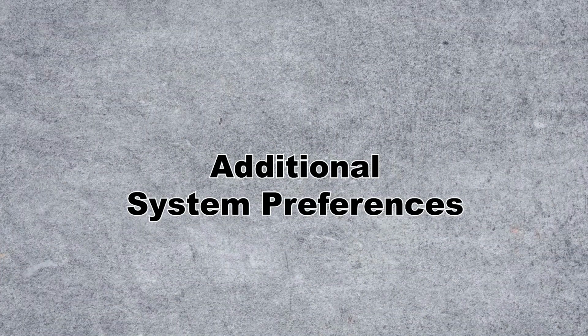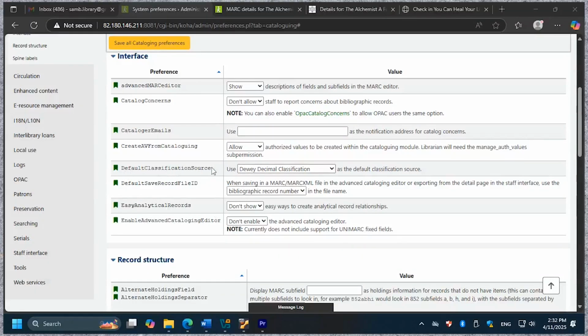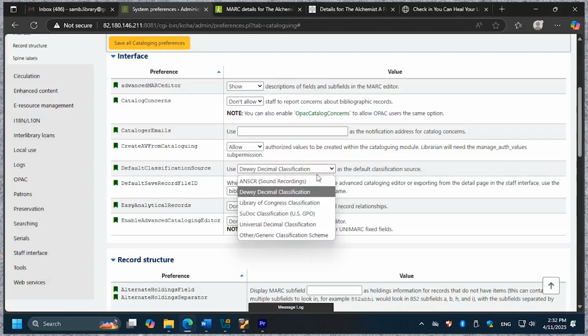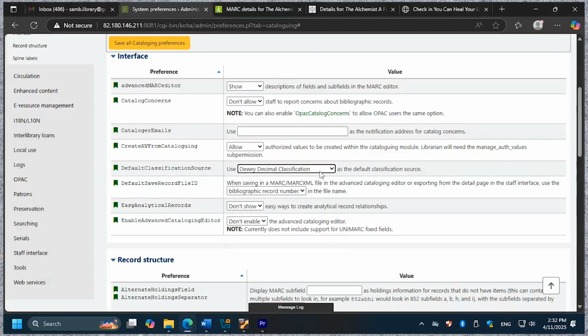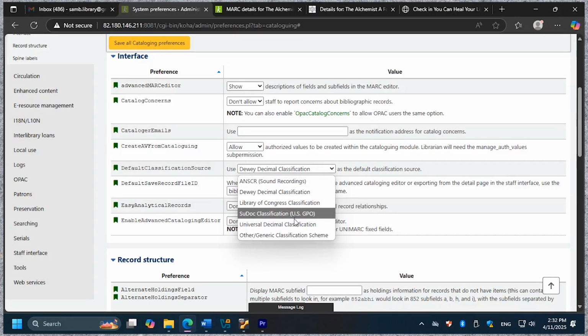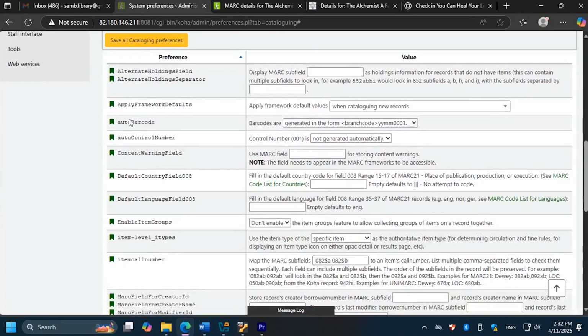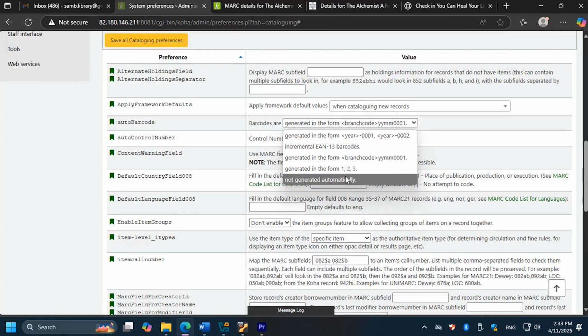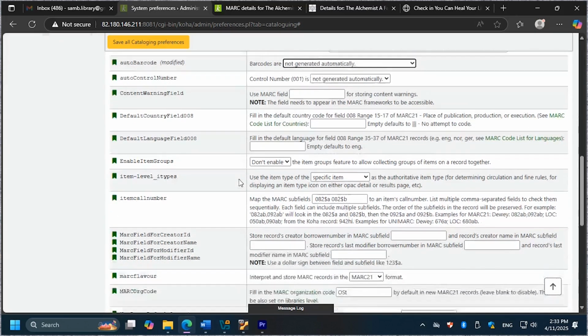Additional system preferences. Default classification source. Recommended: Dewey Decimal Classification, default. Alternatives: Library of Congress, LCC, Universal Decimal Classification, UDC. Select the scheme your library uses. Barcode generation. Default: not generated automatically. For custom systems, choose incremental numbering or pattern-based generation. Match your library's workflow. Call number mapping: map